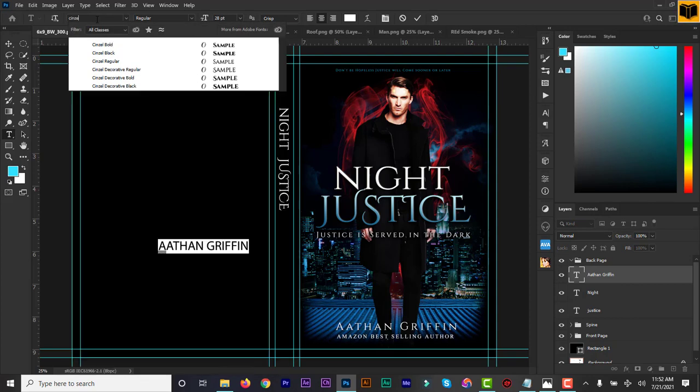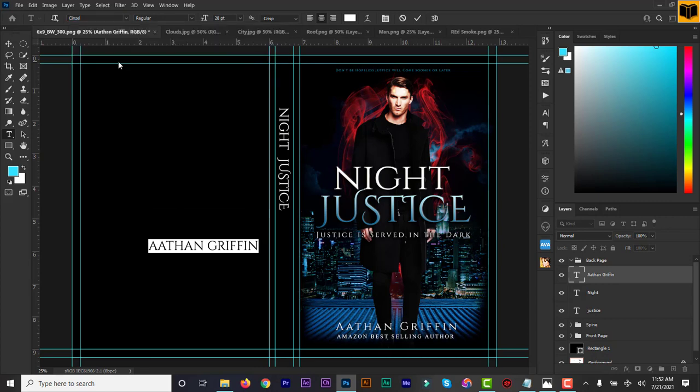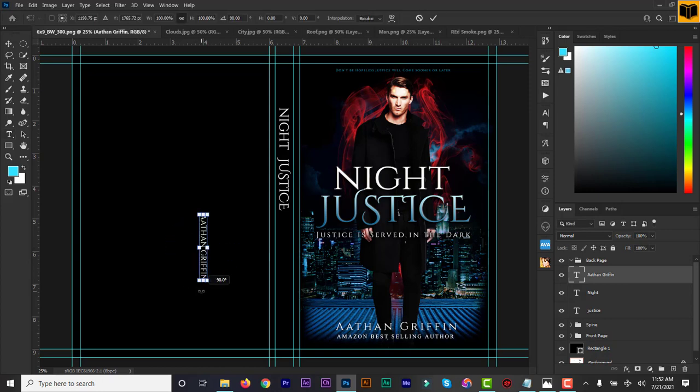Cinzel regular. Here's the size. Check. Control T or Command T, then rotate, hold down the Shift key to make it straight and drag it into position like that. And I can leave a space, maybe extra space